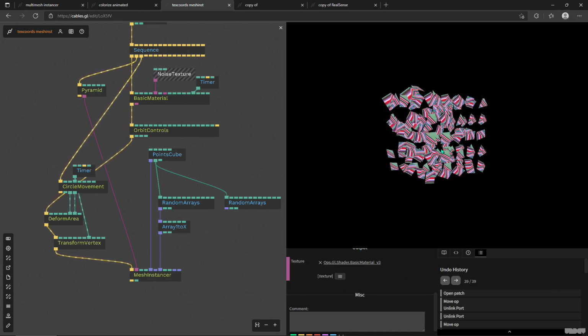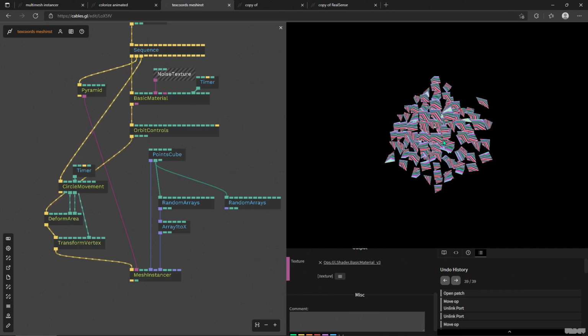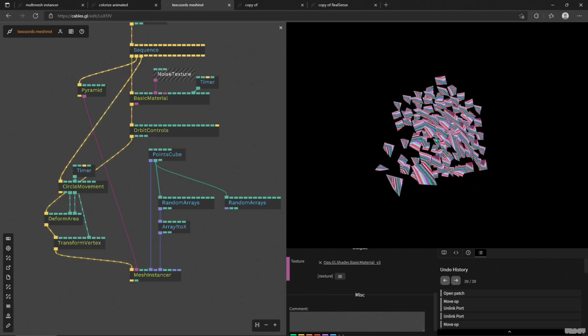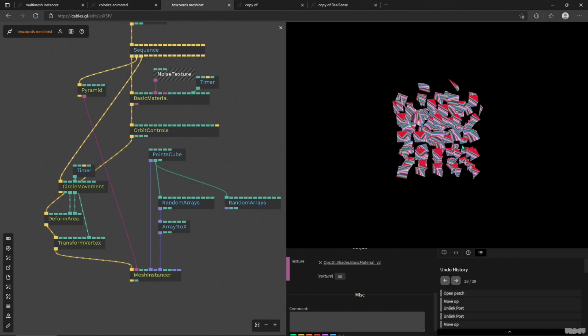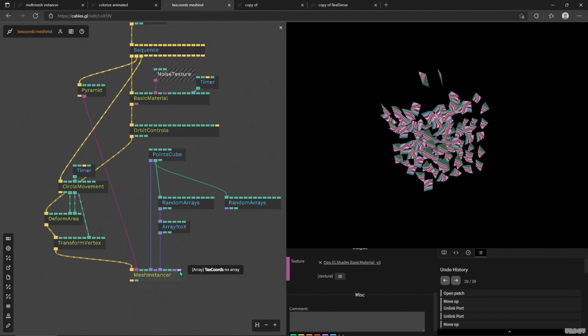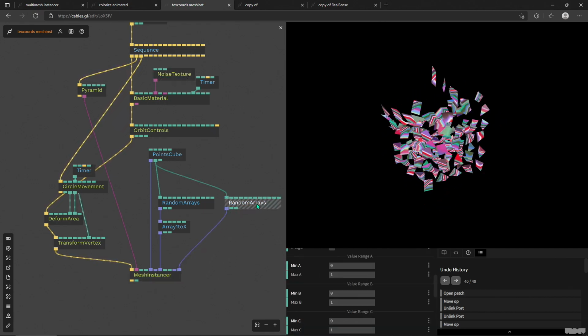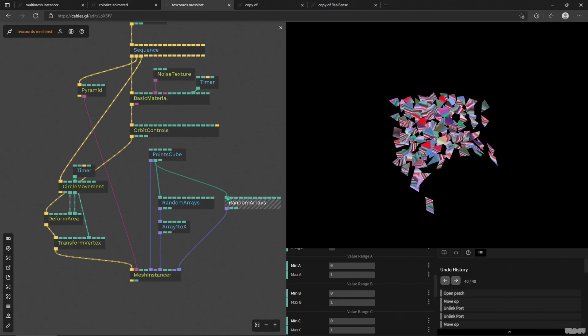And it starts to look a bit weird because they're all the same, right? Everything is getting the same texture, and it looks not as interesting as it would if they were all a little bit different. So what I did was apply the same amount of random numbers,